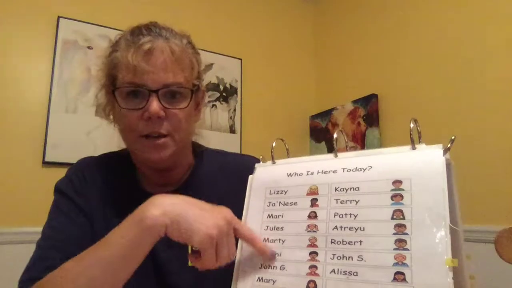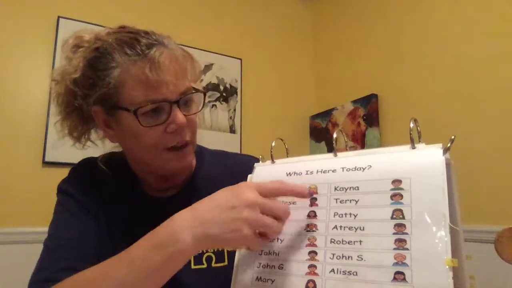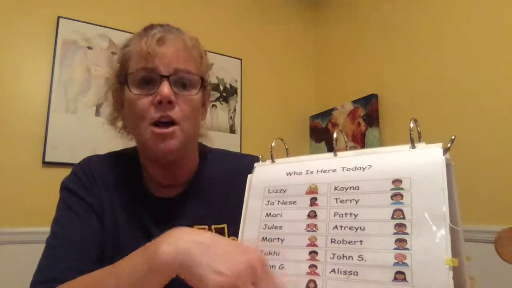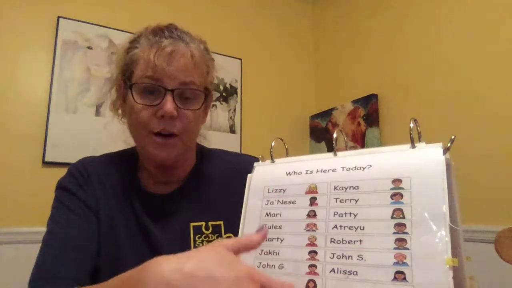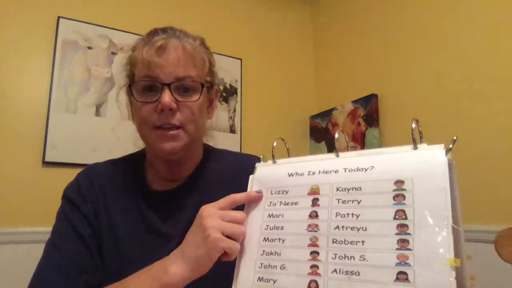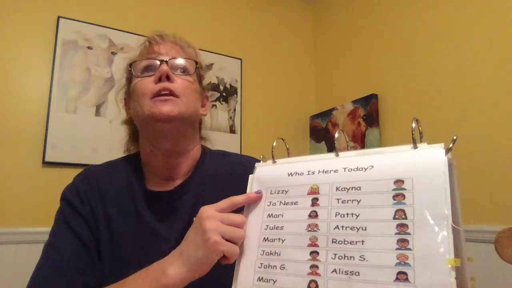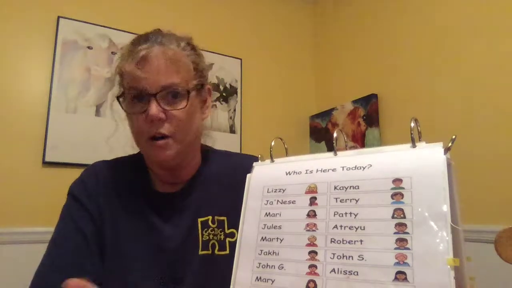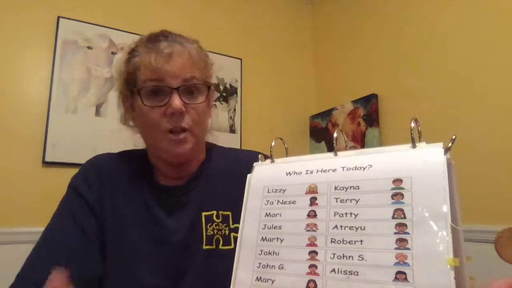So he has all the names and pictures. Obviously, if this were for real, we'd probably have the real student pictures here. So the peer partner, communication partner, can sit next to John and have their own tally sheet or marking sheet and be like, John, is Lizzie here, yes or no? And then John would indicate head up for yes or to the side for no. And then the communication partner could mark absent or present. And then either he and John can hand that to the teacher, or he and John can go down to